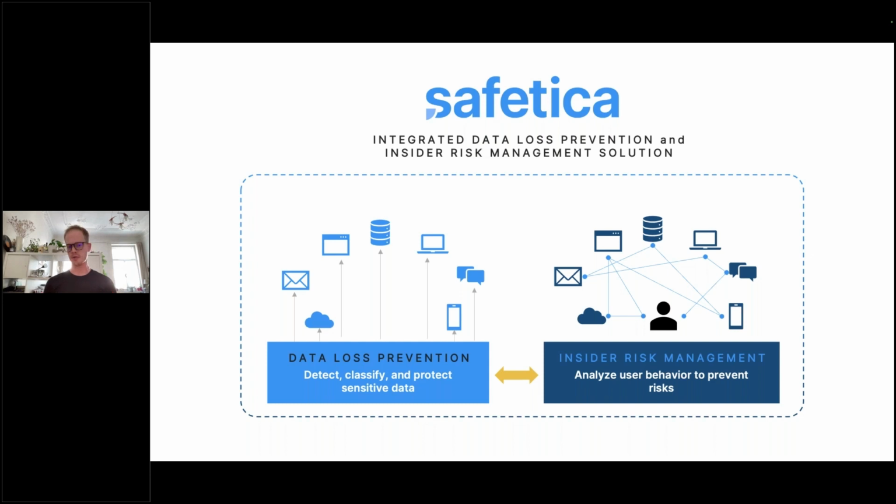So again, we have our historical DLP side of things, which has been our bread and butter for a very long time. Insider risk has also been something we've been integrating into our solution, and now we have a nice bundled package of DLP as well as insider risk management to help organizations of all shapes and sizes, first off, protect their data and understand where that data is, what it is, who has access to it, and so on and so forth, as well as to understand what the users are doing on those machines and with that data. So yeah, quick spiel regarding that.